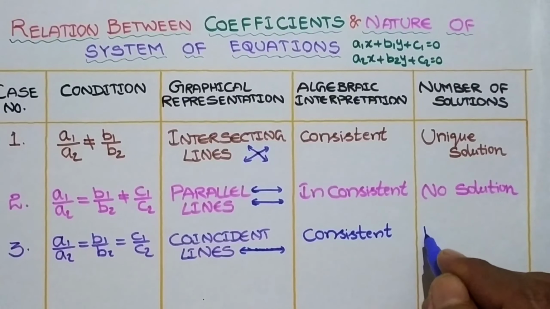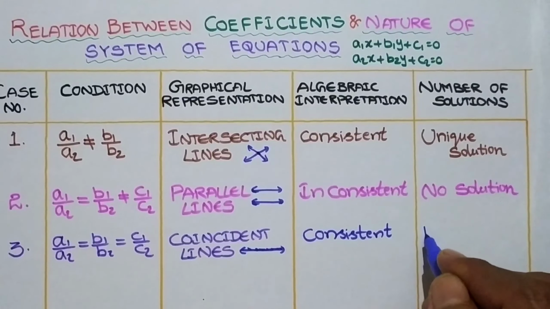So if we keep these points in our mind, we can solve so many problems. Now I would like to tell you a simple technique to remember these. Here remember, I see you. First case can be remembered as I see you. I is for intersecting lines, C is for consistent, U is for unique solution.